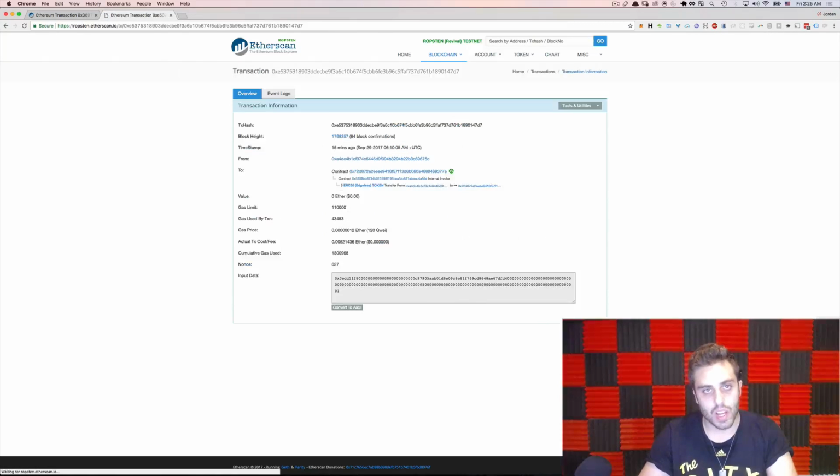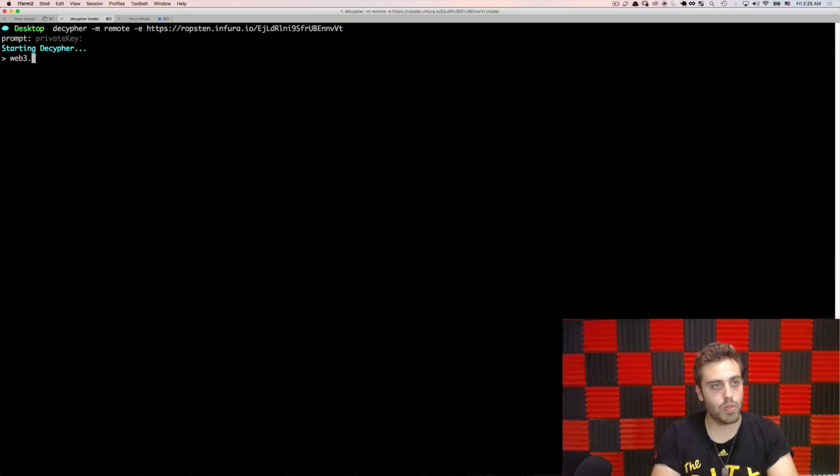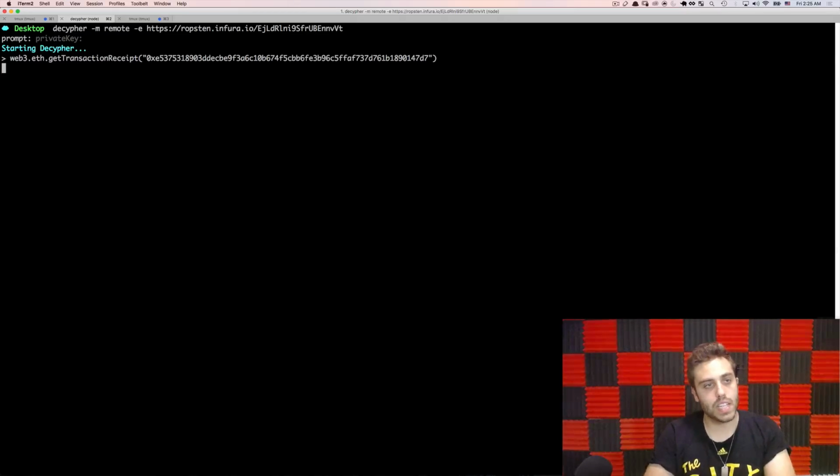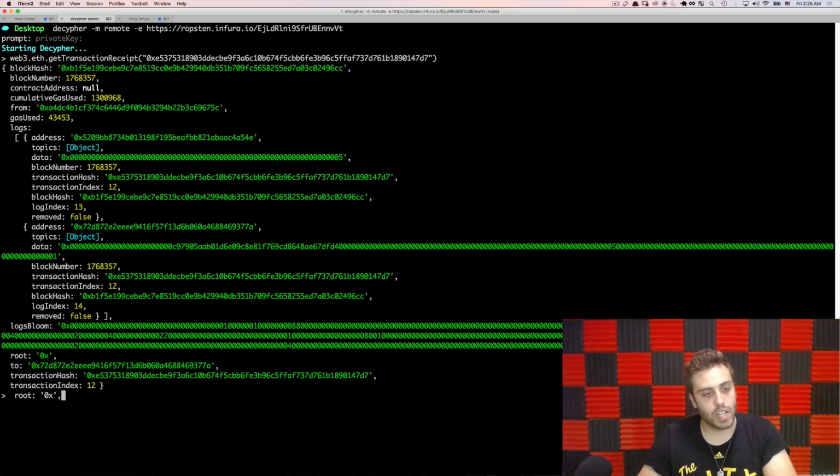Let's just grab the TX ID of one of them and throw it in here. We'll do web3.eth.getTransactionReceipt and pass in that TX. We'll see that this root parameter right here is empty, because that is being removed in the API for the transaction receipt data in Byzantium.